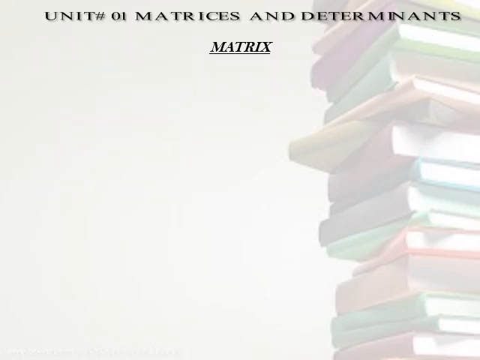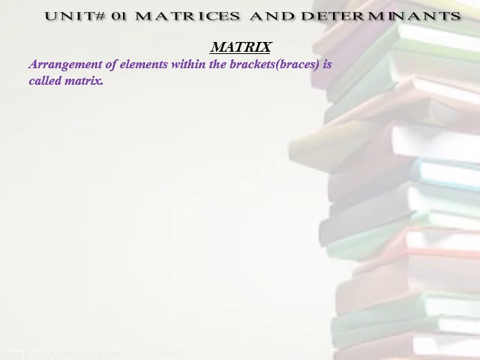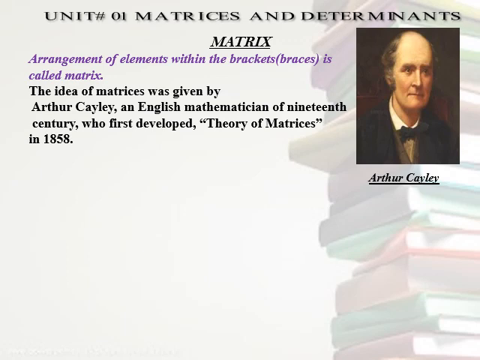Here is the definition of matrix. Arrangement of elements within the brackets is called matrix. The idea of matrices was given by Arthur Cayley, an English mathematician of 19th century who first developed theory of matrices in 1858. Matrix is a singular word and its plural is matrices. We use square brackets in matrix,